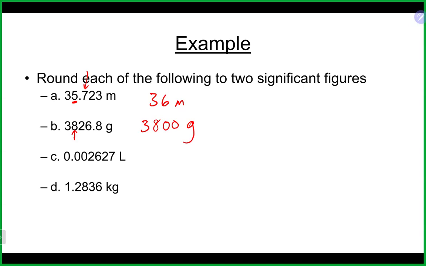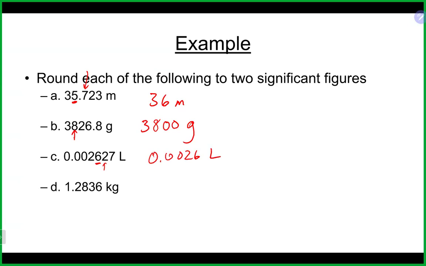So 2 significant figures would take us to the 8. And we need to keep the zeros to maintain what the meaning of that number is. And we cannot put a decimal point at the end. Otherwise, we'd have 4 significant figures, because those zeros would then become significant in that case. Second significant figure is here, which means we want to look at our 2. We're going to drop in that case